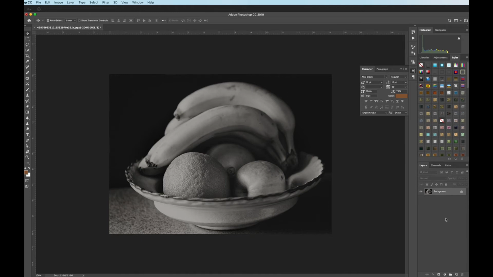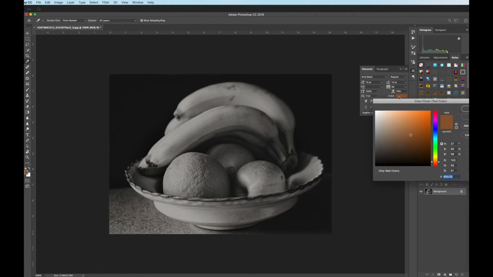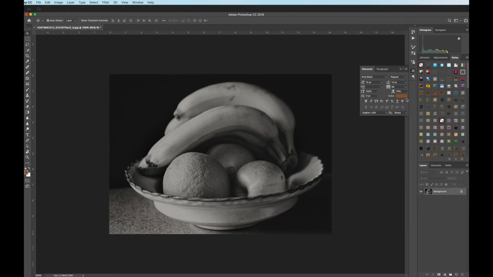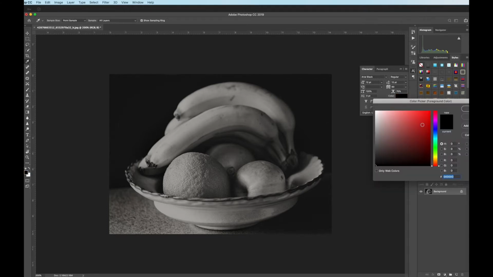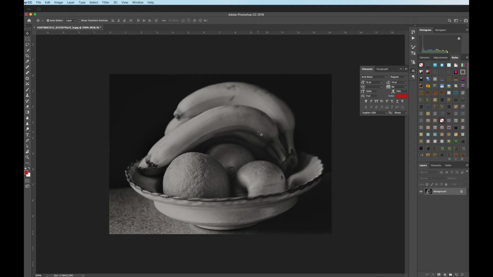What's up, y'all? This is a tutorial for coloring black and white, or basically any photo, coloring over any photo for that matter. Right now I just have a black and white fruit bowl I pulled off Google for the sake of this sample or example. So right now I just have a random color. Just select any random color here and color in, and if you just color over it, it'll ruin the picture